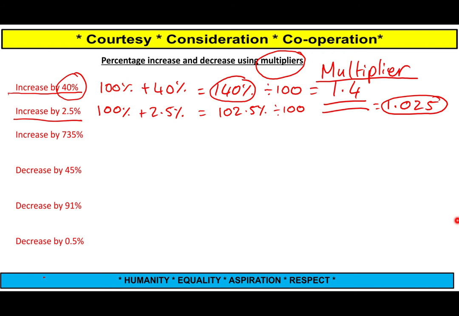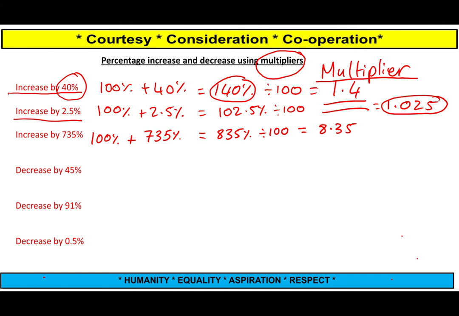Let's do one more increase. So same thing again, start off with 100%, add, so it's increasing by 735%. Now, this, guys, was actually how much the Tesla stock increased this month. So a lot of people made a lot of money. So anyway, 100 plus 735 gives us 835%. Convert it to a decimal, which will give me